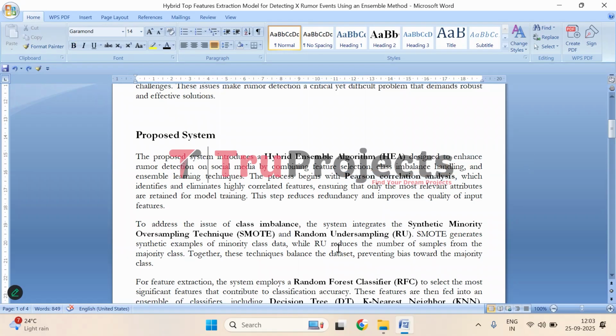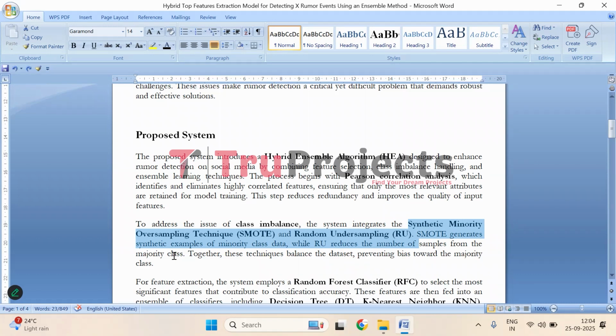And here, one big challenge in detecting rumors is that there are usually a lot more normal posts than rumors, which can make the model biased. It tends to just predict not a rumor most of the time. To fix this, the system uses SMOTE, the synthetic minority oversampling technique, and also the random undersampling technique.